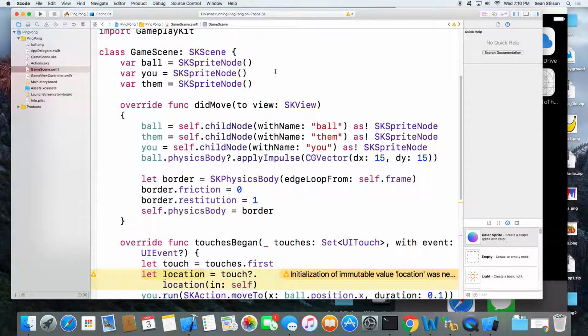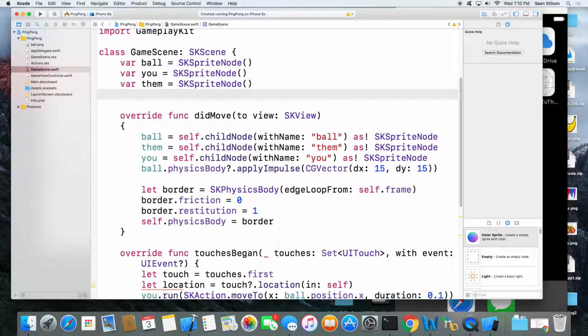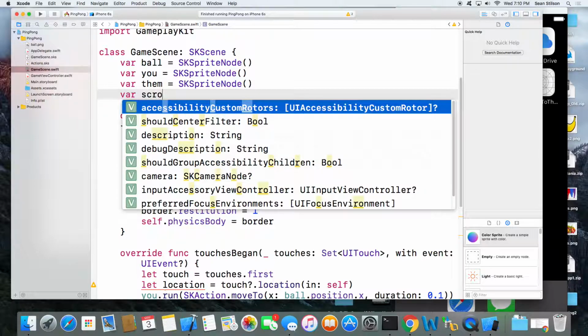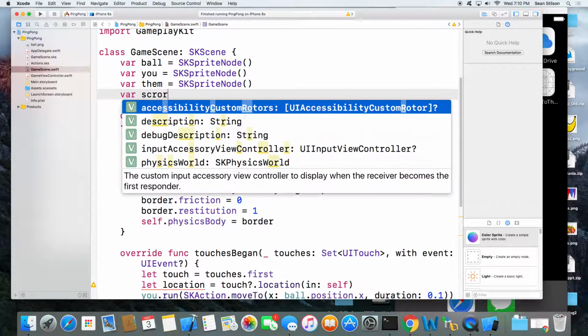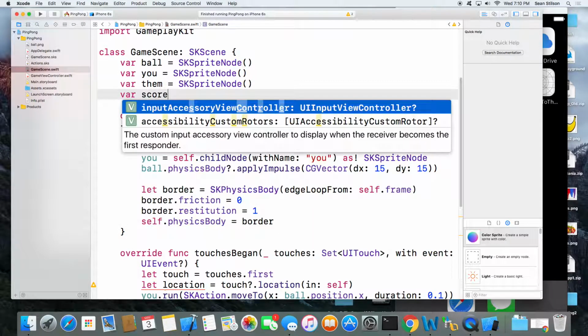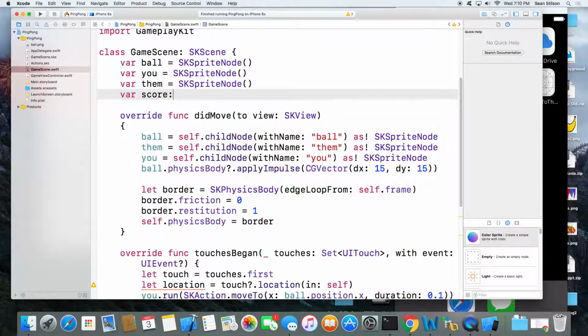Let's set up, real quickly, a scoring mechanism here. For our score, I'm going to make my score an array of integers, so if you ever make a more than 2-person game of Pong.